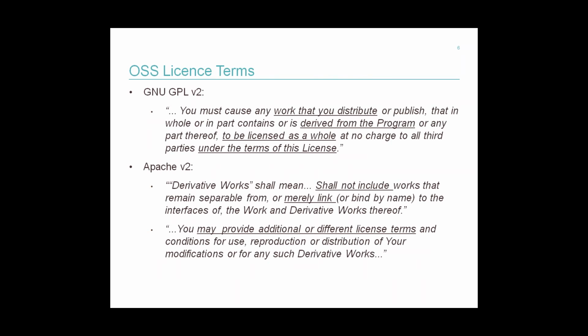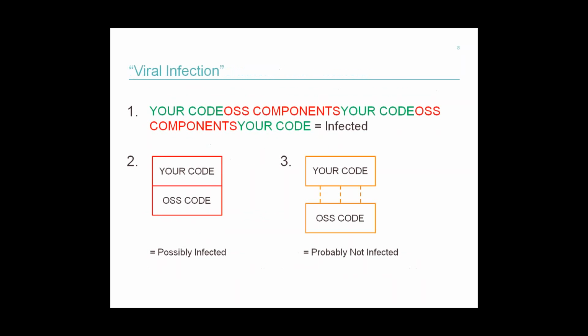So this is a very crude pictorial diagram, which I've lifted from Toby, so I shouldn't say it's that crude, but it helps illustrate this concept. So in the first line, your code is the parts in green. You may have pulled in some open source code. If that's governed by one of these copyleft or restrictive licenses, you can see that the open source components are very much integrated into the overall line of code, and that pretty much means it's been infected and you will have to release all of that source code.